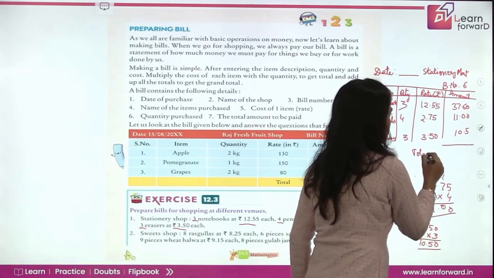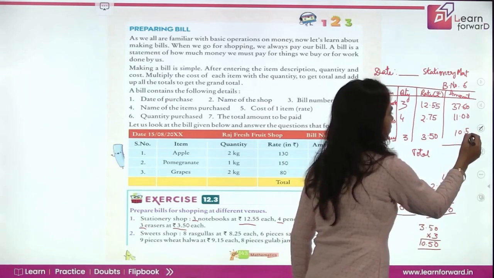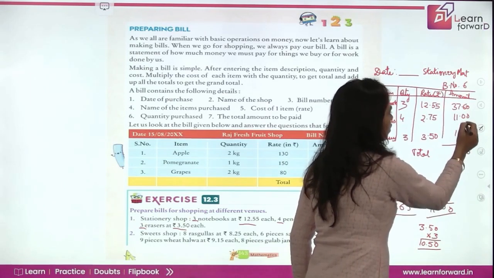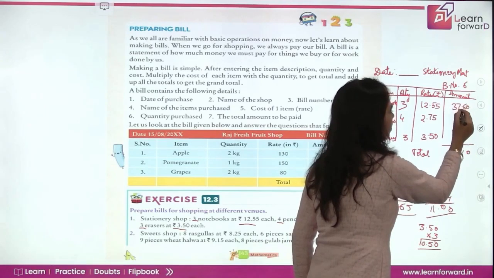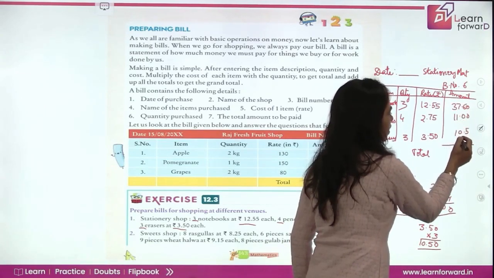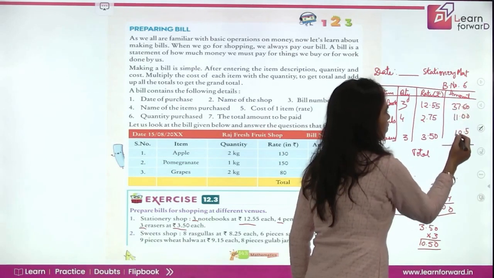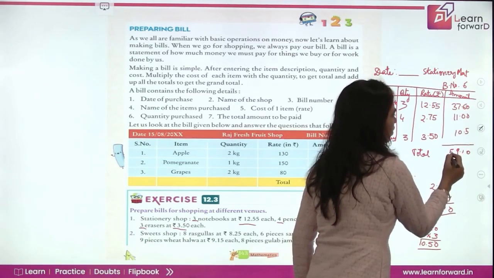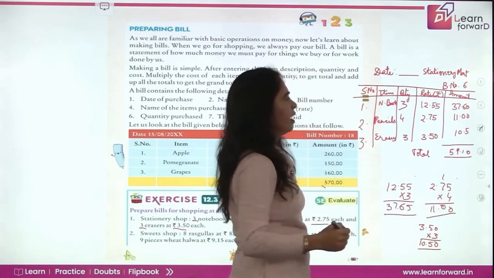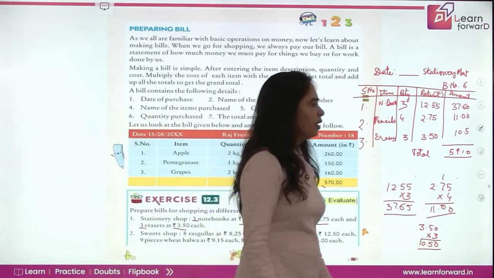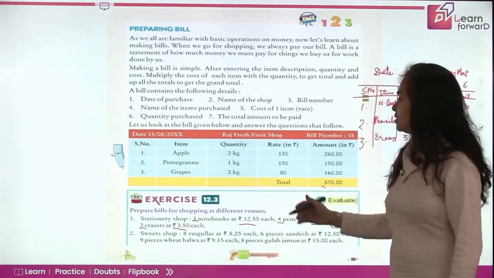Total amount is 0. Then you have 6 plus 5, 11. 7 plus 1, 8 plus 1, 9. Carry, this is 3 plus 1, 4 plus 1, 5. So this is 59.10. That is the total amount that you have to pay for buying these items from the